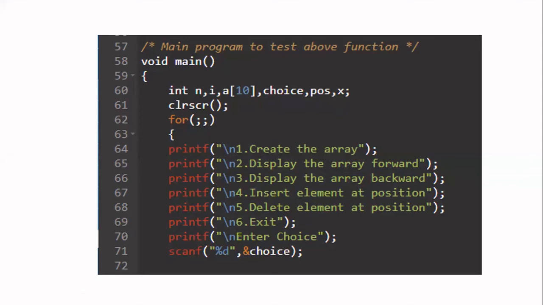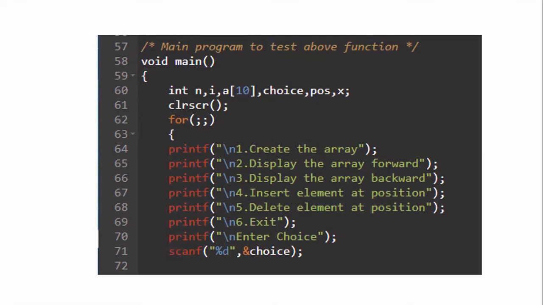Break will cause the control to go outside the loop. Okay, instead of break, you can use exit also. But the difference between break and exit is that break will come only outside of the loop, but exit will come outside the program. Break will continue if you have any statements after the loop, but exit will not do that. Okay, so try to understand the difference. We can use either break or exit according to the remaining part of your program, how you want to continue your program.